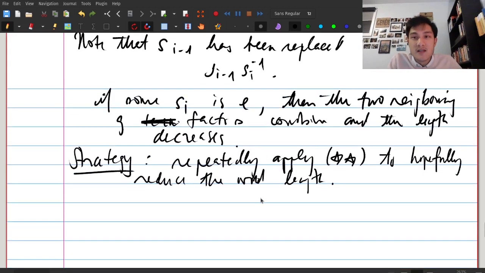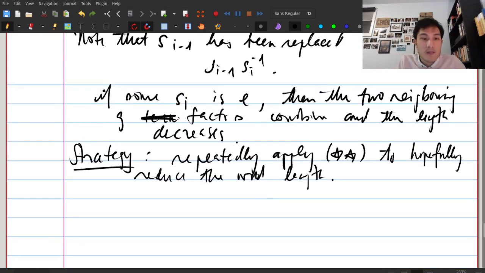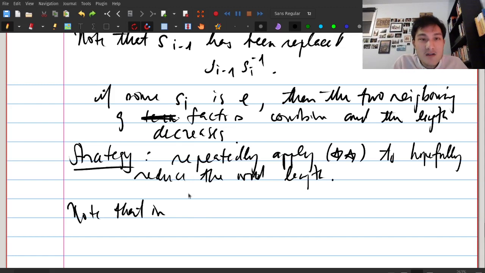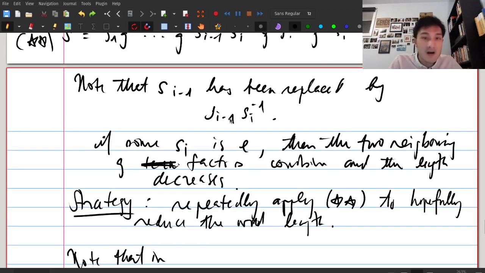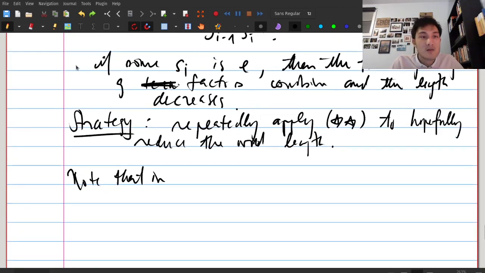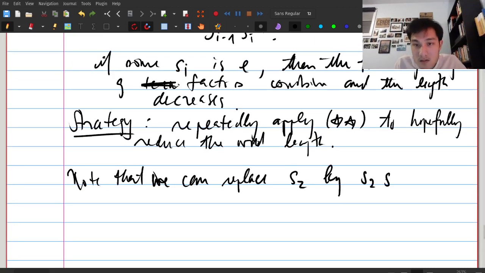Well, we'll see. There'll be a condition for the length to decrease. Okay, so now note that in double star we replace Si minus 1 by Si minus 1 Si inverse. So we could replace, note that we can replace S2 by S2 S3 inverse. Okay, and then we can replace this guy by